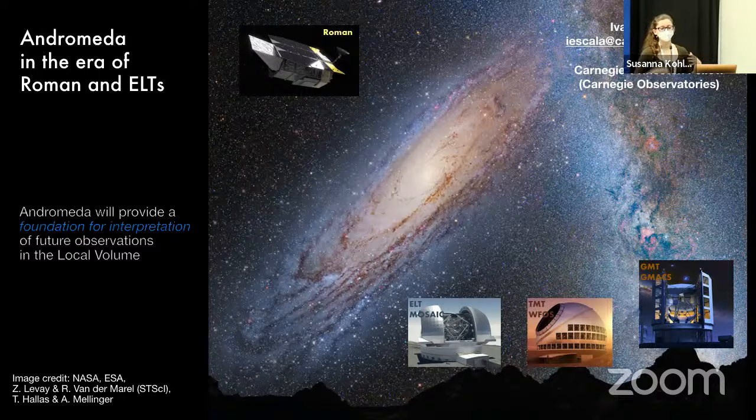It currently straddles the regime between the local group and the local volume, which we'll be able to access in terms of individual stars with extremely large telescopes, and also study photometrically with the Roman Space Telescope. Many of the techniques used to study disk galaxies in the local volume will be similar, using moderate resolution spectrographs. So hopefully we can study some of those in the future and study their tidal remnants and learn more about galaxy accretion history and dark matter distributions that way.